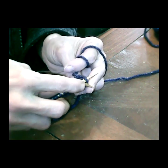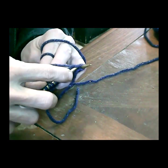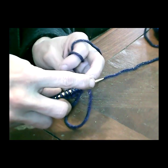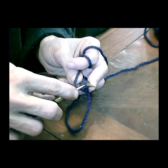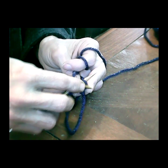Back to front, wrap your yarn over, front to back, and slip it off. And just kind of slide the ones on your right needle down, or if you're left-handed, the ones on your left needle. Back to front,